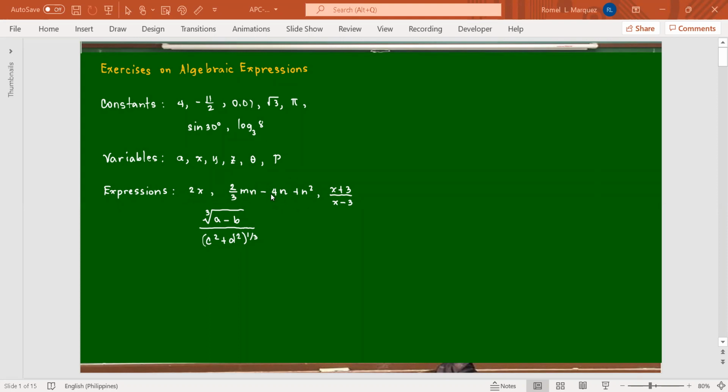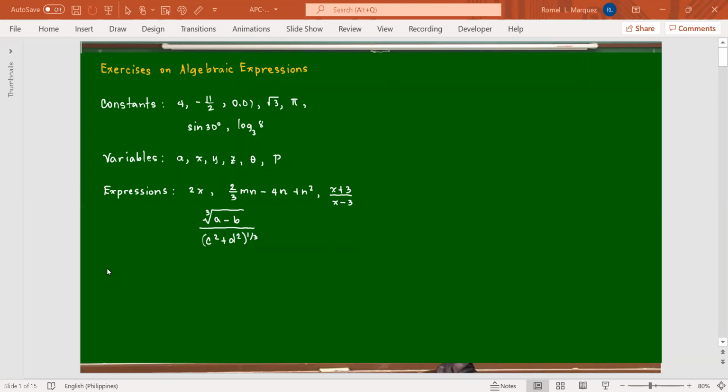generally they are separated by plus or minus, no? So we have, for instance, here, the first one is just one product, no? But in the second example here, there are actually 3 products, no? 2/3 mn, another product, -4n, another product, n squared. No, in algebra or in an algebraic expression, these products are called terms. Okay, so